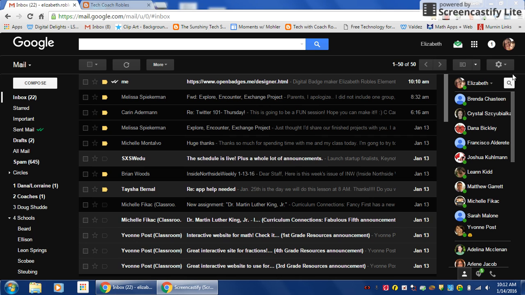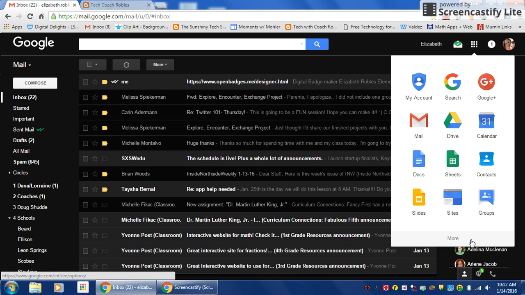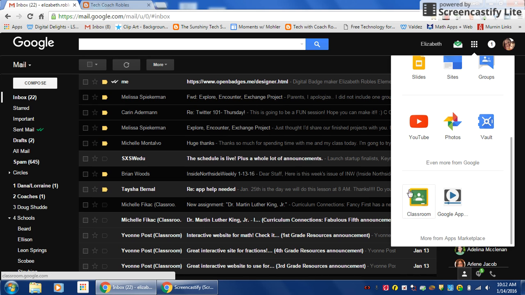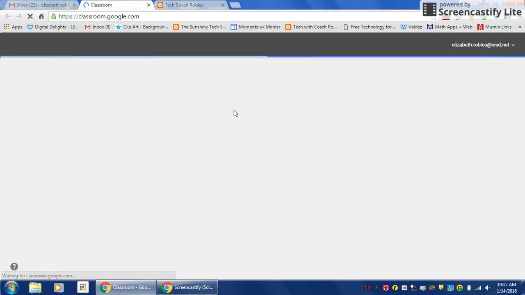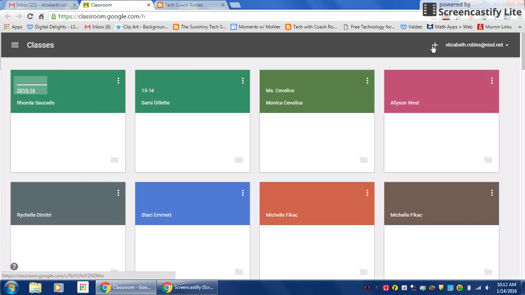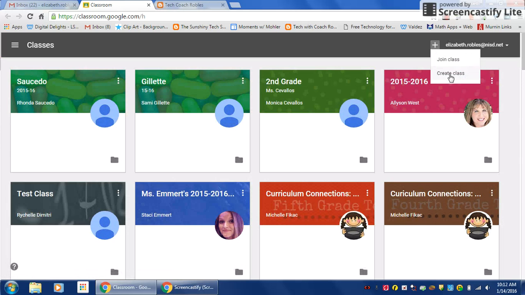So after you log into your email, you're going to click the Google Apps button up here, it's the nine squares, click More, then click Classroom. And in order to set up your classroom, you're going to click the plus sign up here and click Create